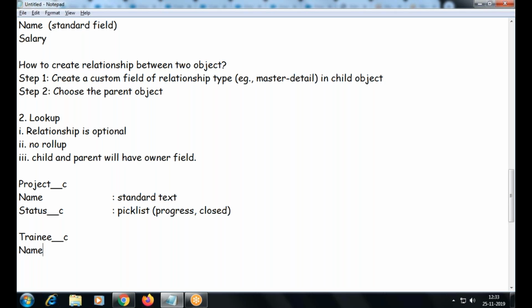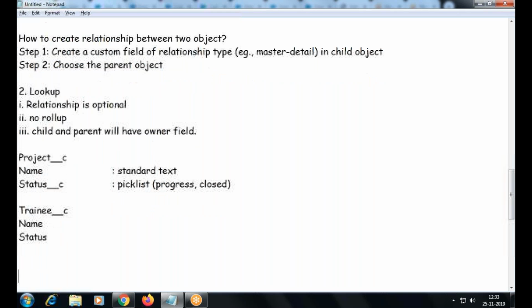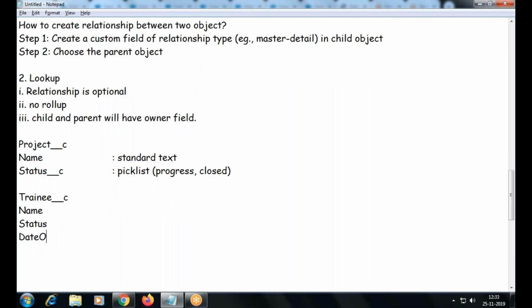The trainee object is to store those who are working in the project, right? Name of the trainee, the status, the date of join, and the project the trainee belongs to. The name is going to be a standard text field.